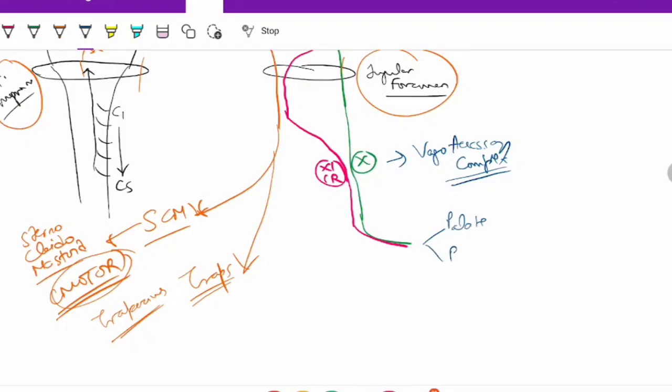Palate and pharynx. And once again, this is motor supply. The predominantly motor component is from the 11th cranial nerve. So palate and pharynx motor supply comes from the vago-accessory complex. Palate muscles are